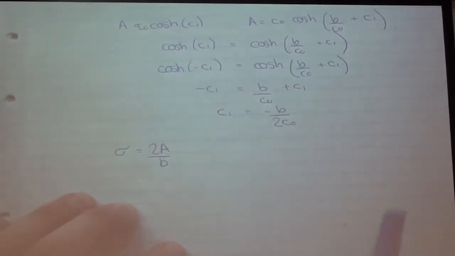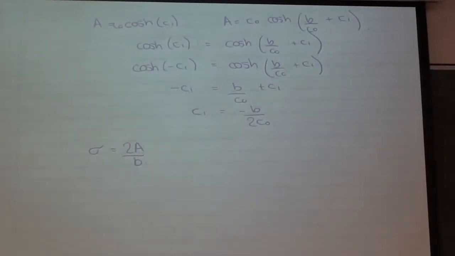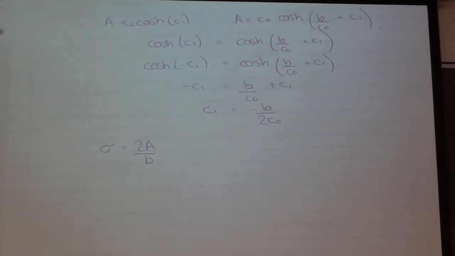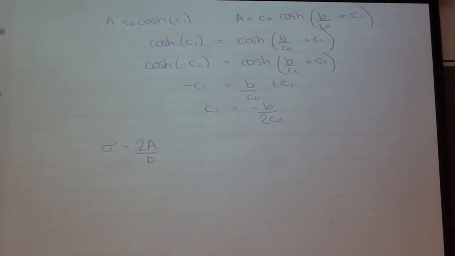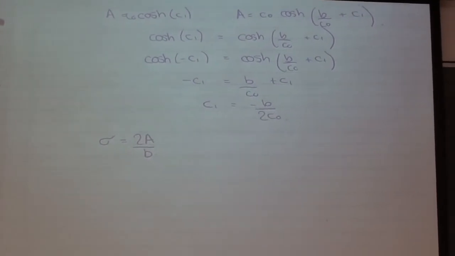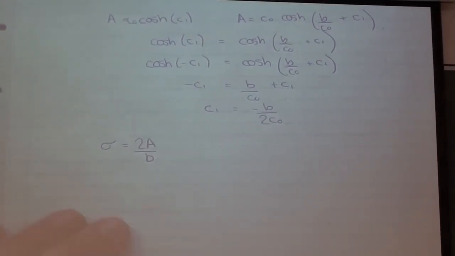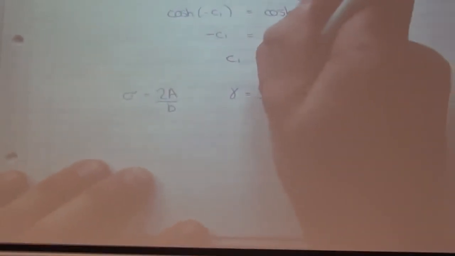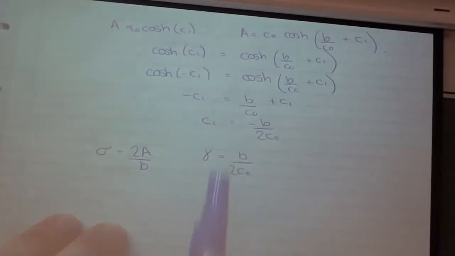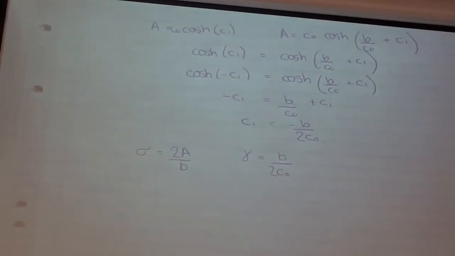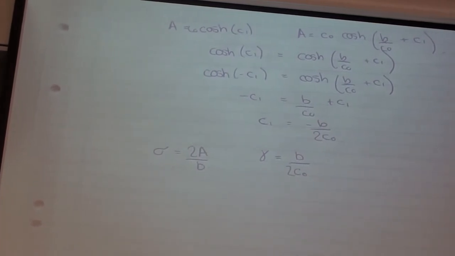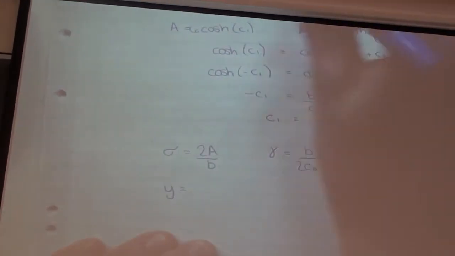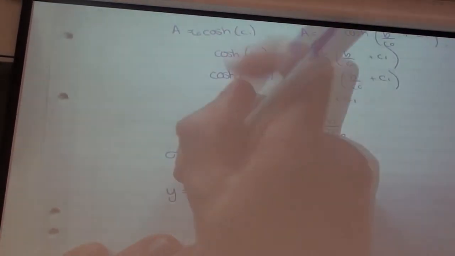What we set is this function, this constant sigma, which, because it only involves capital A and B, is a property of the endpoints. So it's a measure of how tall it is with respect to how wide it is. And that really defines what kind of solutions we can get. And we also get this constant gamma, which is b/C0, it's negative C1, which is going to cause us some strife. But the way we do it is we do some rearranging of our equation up here, and skip the bottom part. What we get is